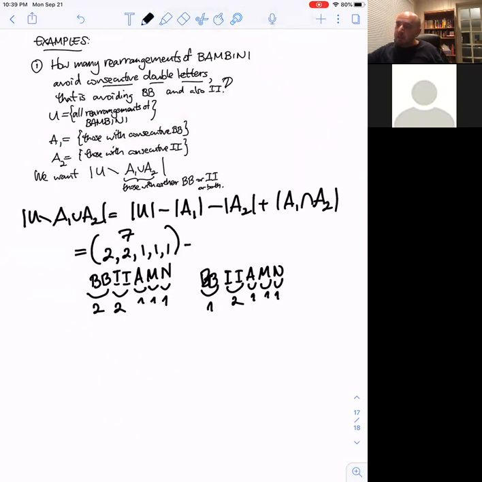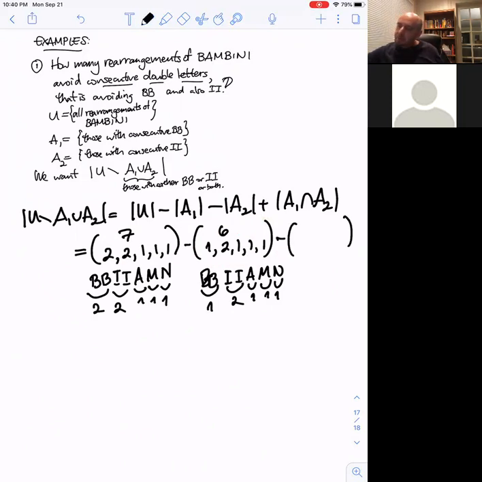And so that cardinality is, again, a multinomial coefficient. We've got a total of how many letters here? 1 plus 2 plus 1 plus 1 plus 1 is 6. And so it's 6, choose 1, comma 2, comma 1, comma 1, comma 1. And let's not worry about evaluating these numbers yet. We know how to do multinomial coefficients. It's a factorial divided by a bunch of factorials. Those are not hard. Okay, that's the cardinality of A1. Then for A2,